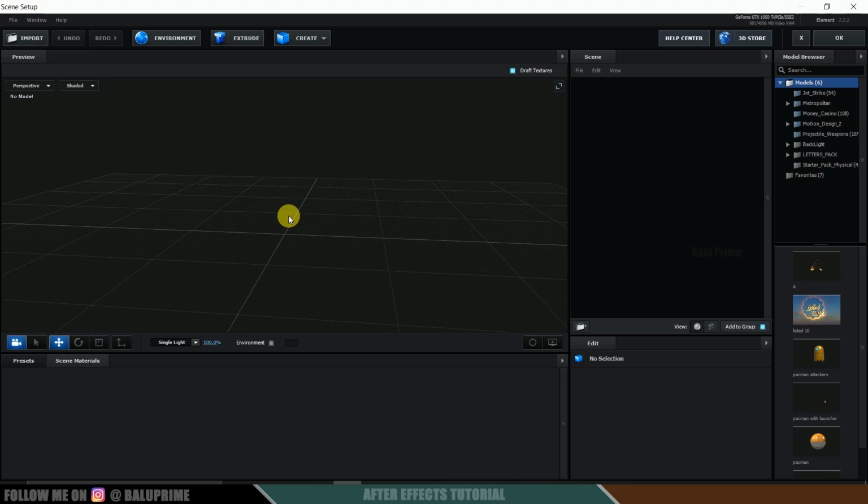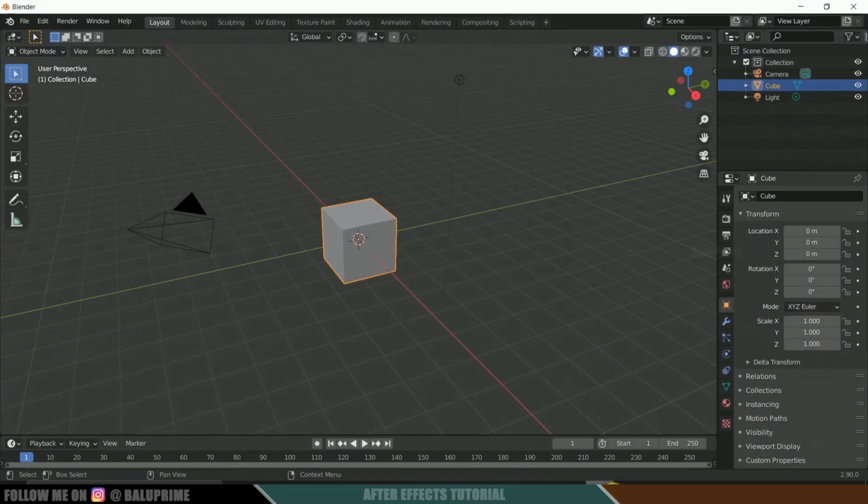So if you are new to Blender also, there is no need to be afraid. You can do it easily, just a few steps. And also Blender is open source. It is free to download. So download it. I will give a link in the description to download it. So after downloading it, open Blender, you will get this default scene.